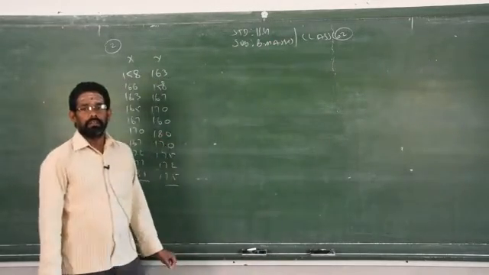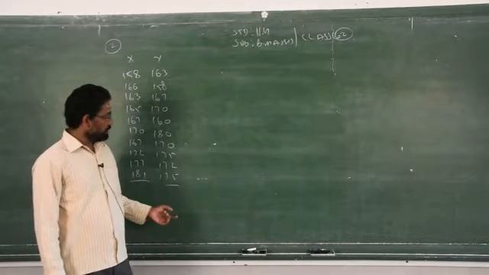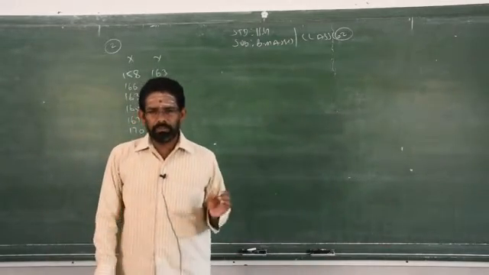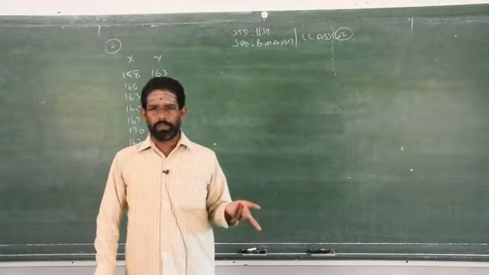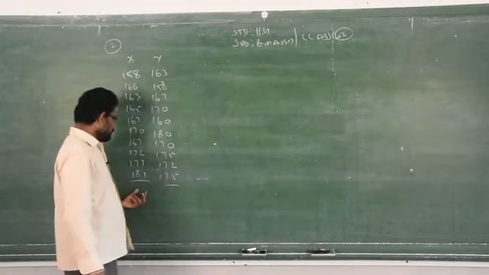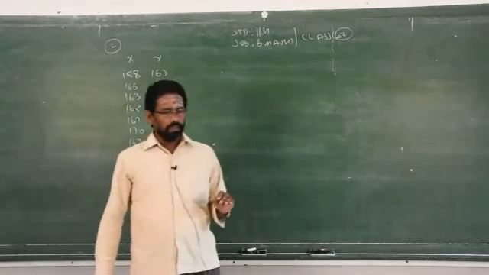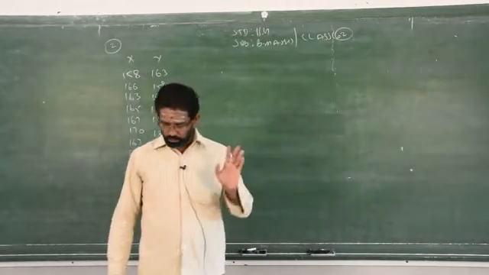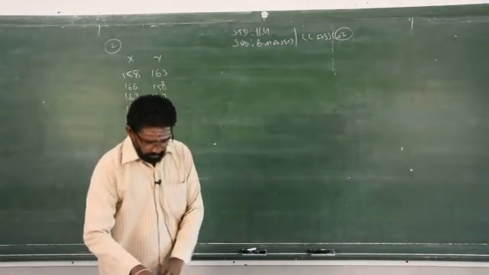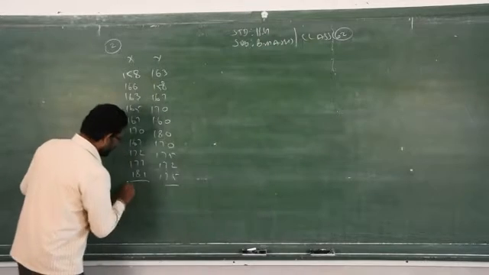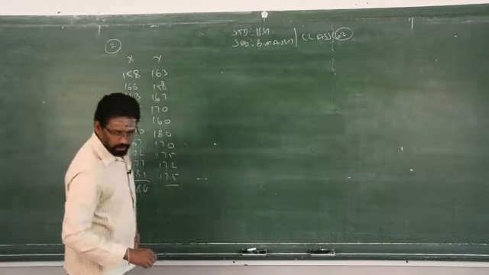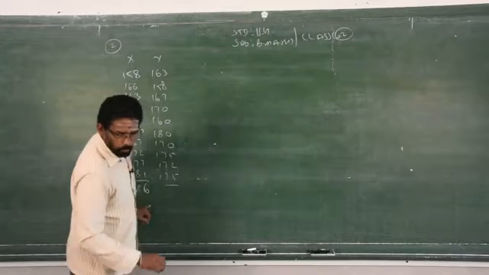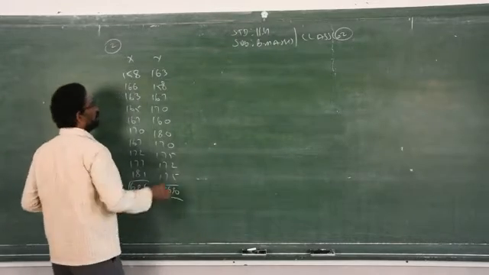Clear? So before you go for the remaining columns for finding the correlation coefficient, you must find out the x bar and y bar. When the x bar and y bar are whole numbers without decimals, then you can apply small x, small y. Clear? When it comes as a decimal, then you go for either the deviation method with assumed mean or the direct method. That is your wish. Now you see that summation x is 1686, then summation y is 1690.